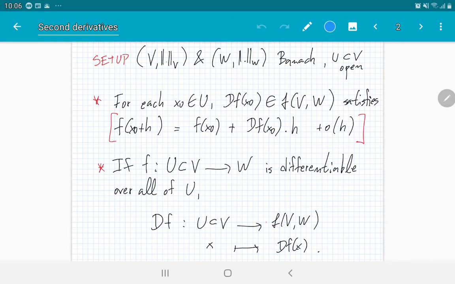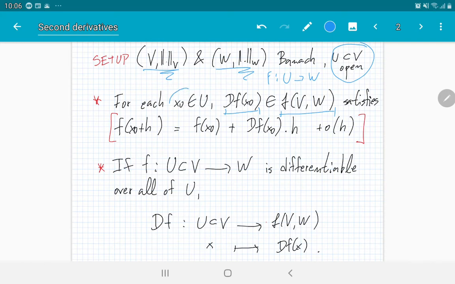We have our usual setup, right? So we have our Banach spaces V and W, we have an open set U contained in V, and we have a function defined with domain U and codomain W. And now we know what the Fréchet derivative is. Well, it's a bounded linear operator from V to W, such that if I take vectors h going to 0,